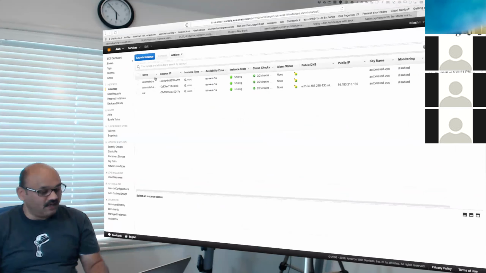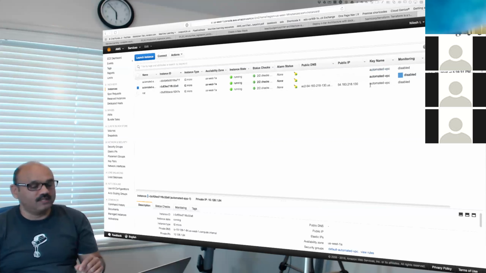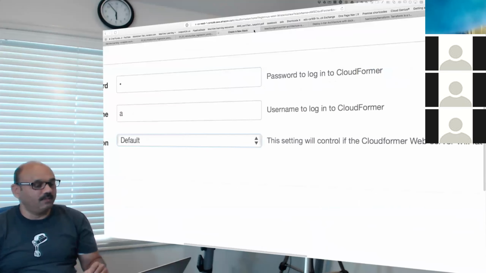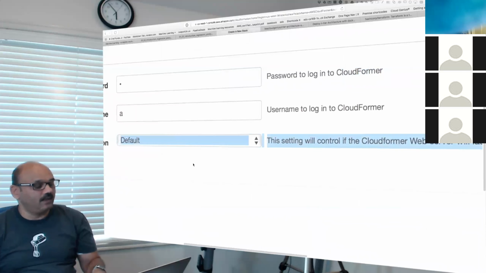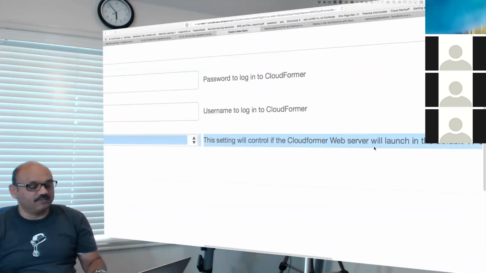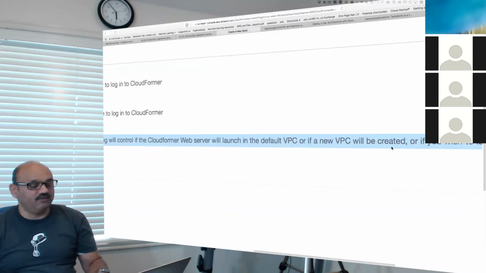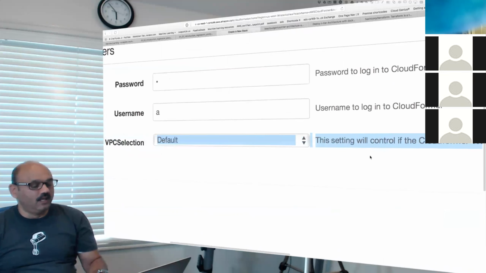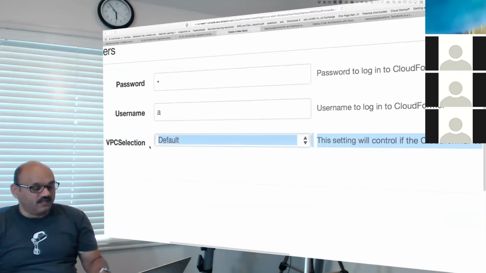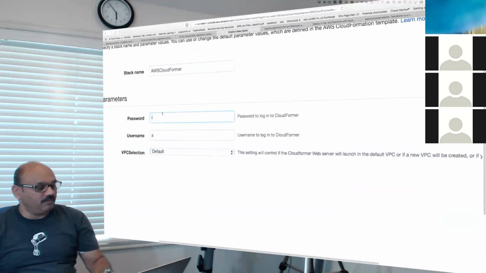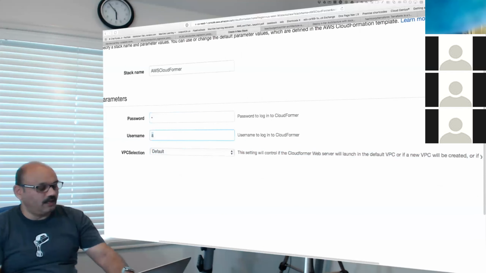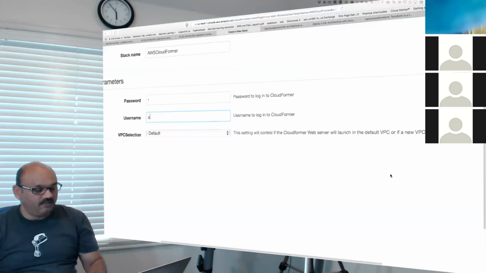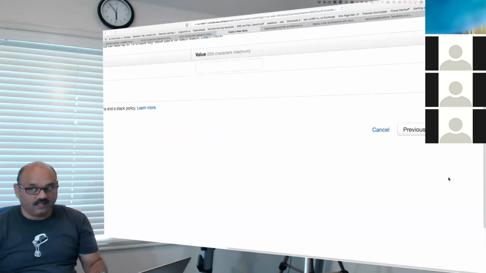We have these 3 machines running in the automated VPC, as you see here, automated VPC. But our CloudFormer stack, we want to create in our default VPC. This setting will control if the CloudFormer web server will launch in the default VPC or if a new VPC will be created, or if you want to launch into existing non-default VPC. So we want to use the default VPC for this purpose of CloudFormer. And we have chosen a password and a username, and then we will proceed forward in going to the next step, which is,